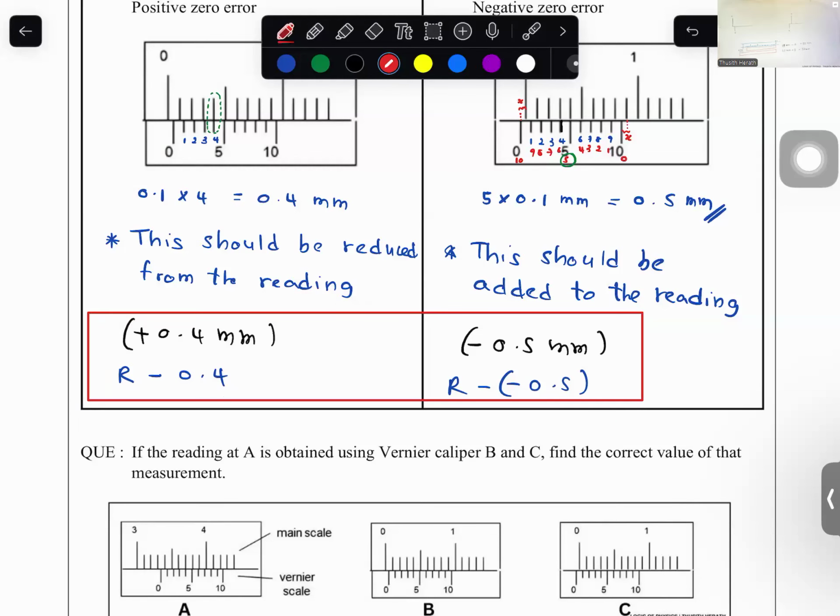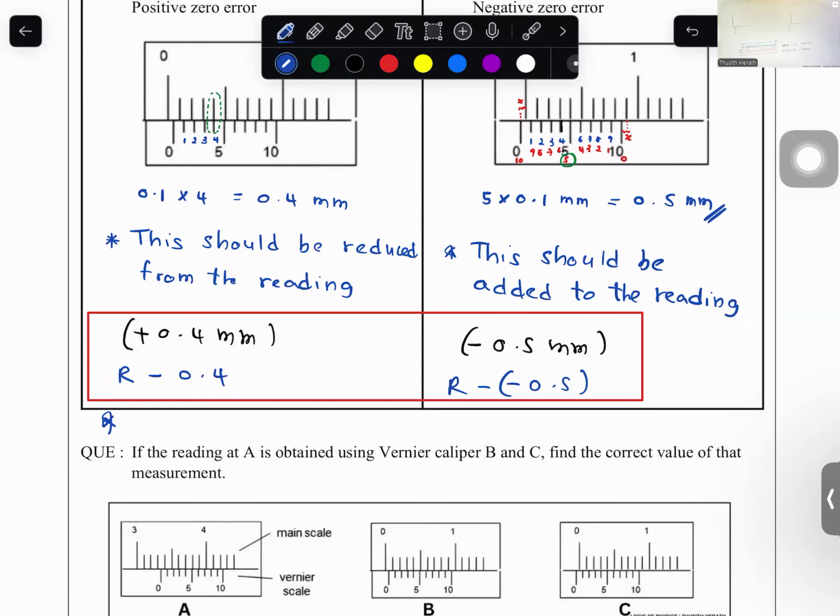You can remember it this way. If we are considering positive and negative values for the errors, you can always reduce the error from the reading. So write a sentence here, or after completing everything, write a sentence here like,